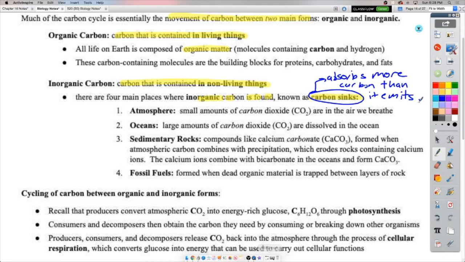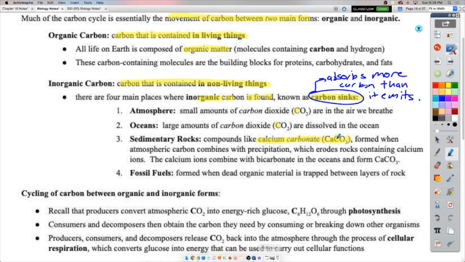A lot of carbon is found in sedimentary rocks. What's a sedimentary rock? Well, it's just layers of sediments. Remember, sediments are things like sand, mud, silt, fine little clay that hardens, builds up into layers over time, okay? Something that is more commonly called limestone, okay, but the chemical name is calcium carbonate. That carbon, see that there? Every time you see a C here, right, that's carbon. C,